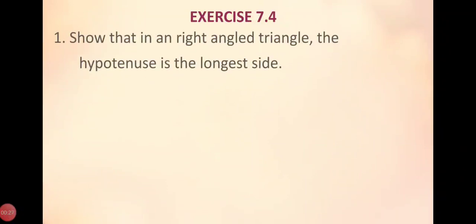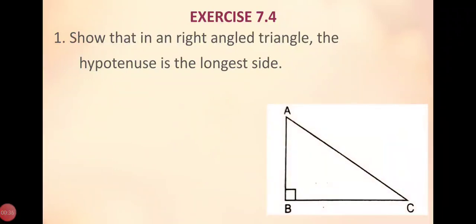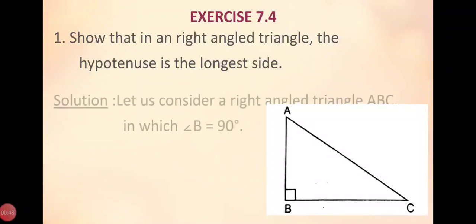So, question number 1 of exercise 7.4. Show that in a right angled triangle, the hypotenuse is the longest. Here we have to show that in any right angled triangle, hypotenuse is the longest side. So for solution,